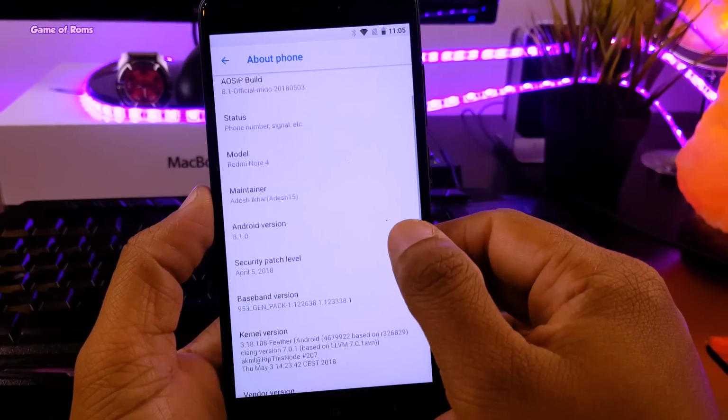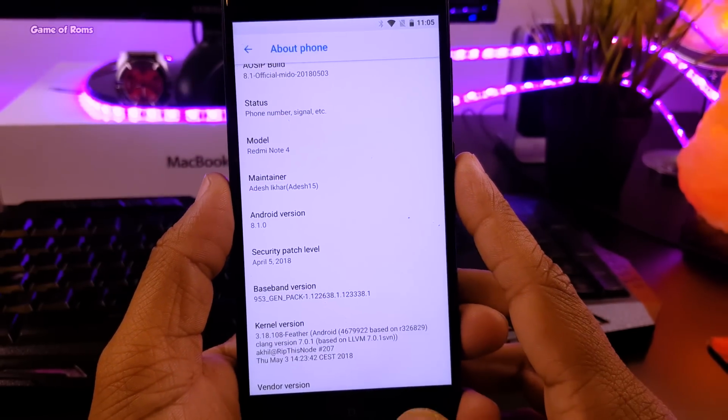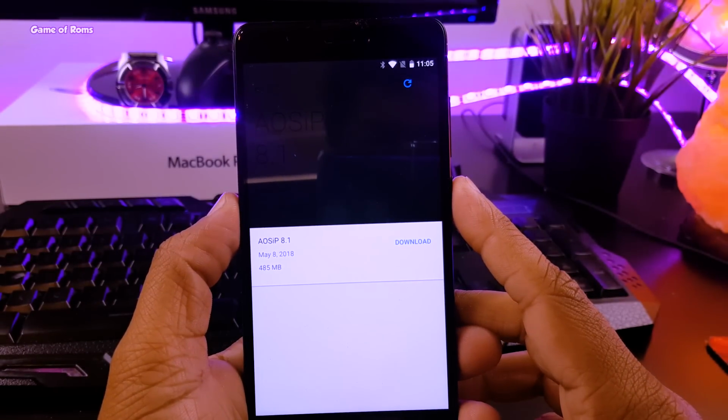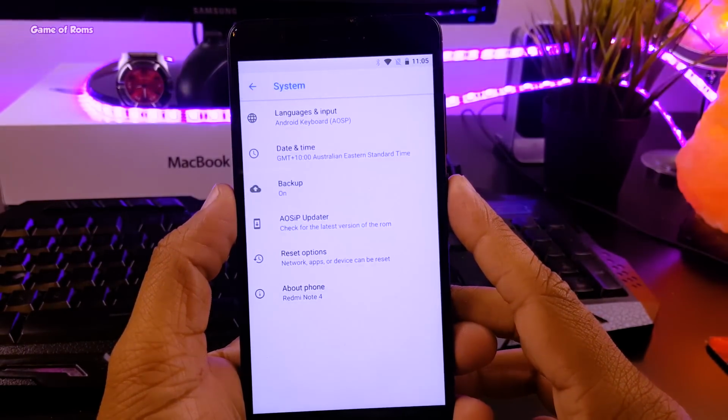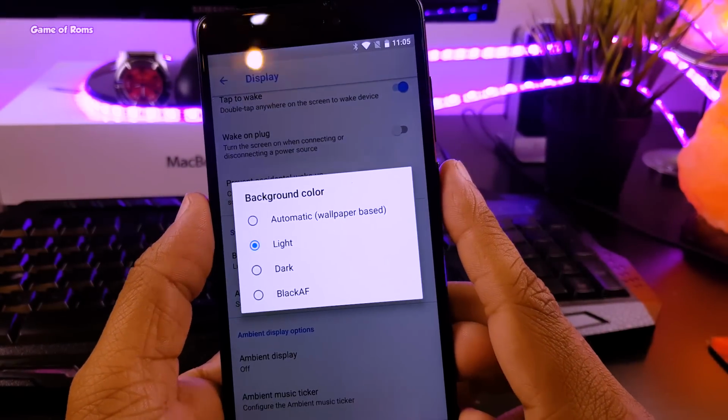Now this ROM is not pre-rooted, so you will have to root this ROM yourself. And also not to forget, this ROM has OTA updates, so you can easily update your ROM when the next update is available. And in the color theme engine, normal custom ROMs have 3 options, but this ROM has 4